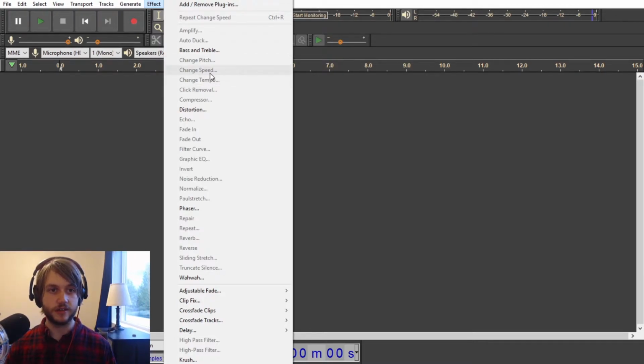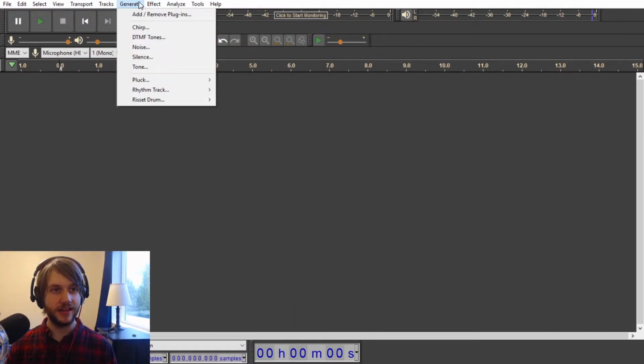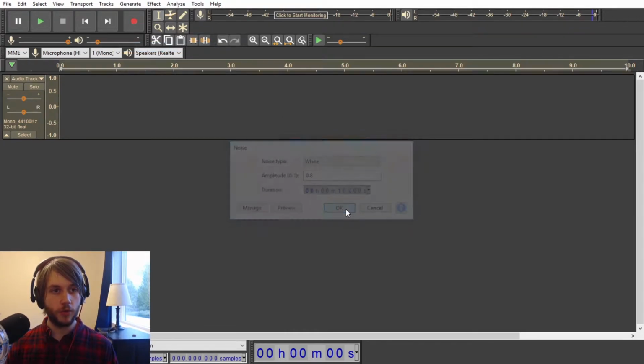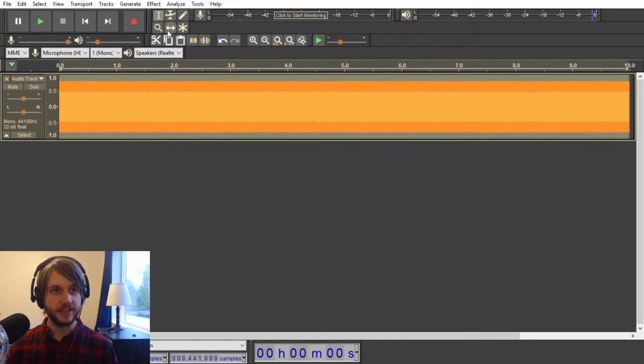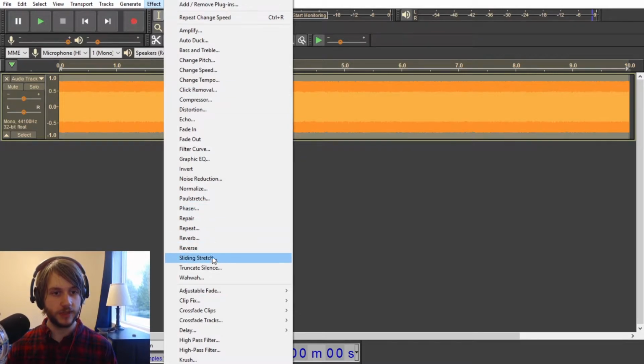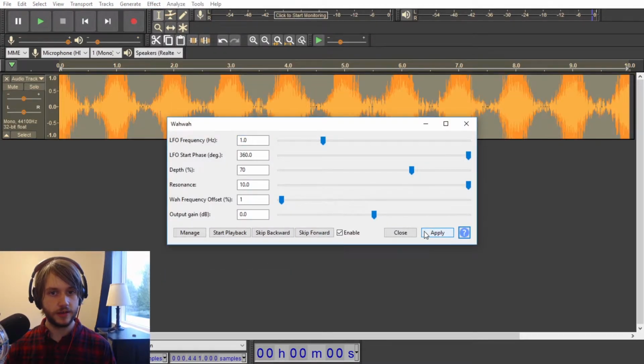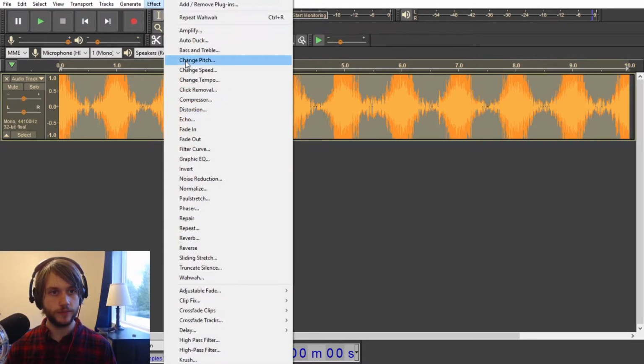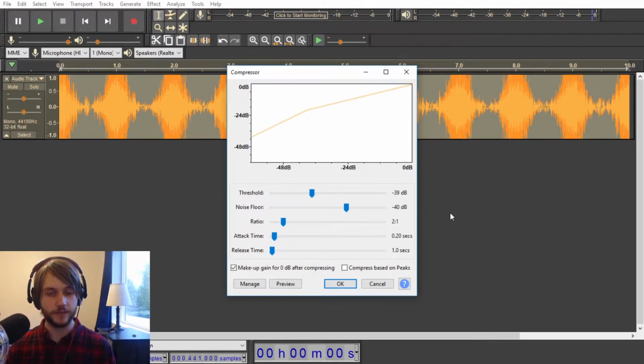Speed is great, the tempo shift is great. The compressor could definitely be a little bit better. It could have some more tools, it could explain itself a little bit better. I've been using it a little more, I've been learning it a little bit better, but here, let's just put a wah-wah on this. As you can see, it's clipping in some places and really quiet at others. The compressor is supposed to flatten it out a little bit. This is just the default,